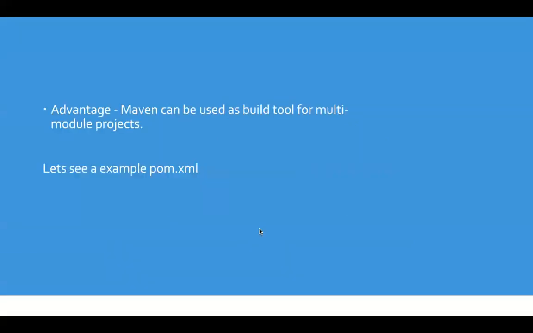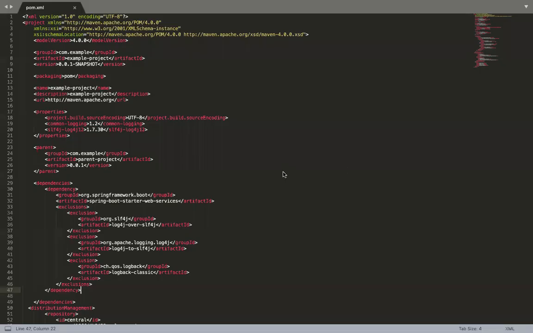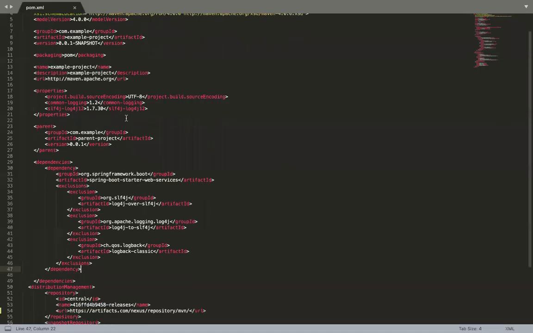Okay, so one of the advantages that Maven provides us as a build tool is multi-module projects. If you want to build multi-module projects, then Maven is a great build tool for that. Now, what is it? How is a POM defined? Let's see with the help of an example. So I have this pom.xml file here.